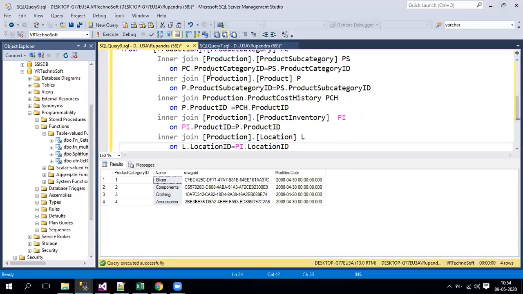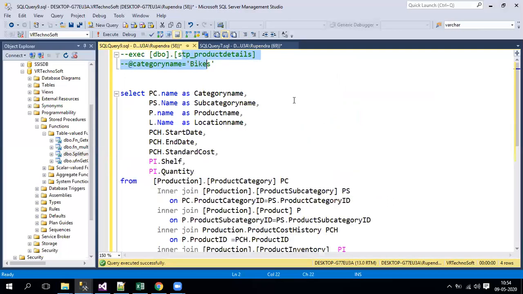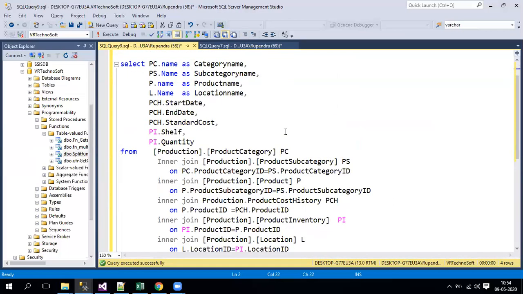But as of now, I'll comment out my execution statement. I don't want to execute again and again. So what you can do is simply join table by table and see whether you are getting a proper result set or not. Let's see. Yes. And also, whenever you are joining only two tables, your select query is expecting columns